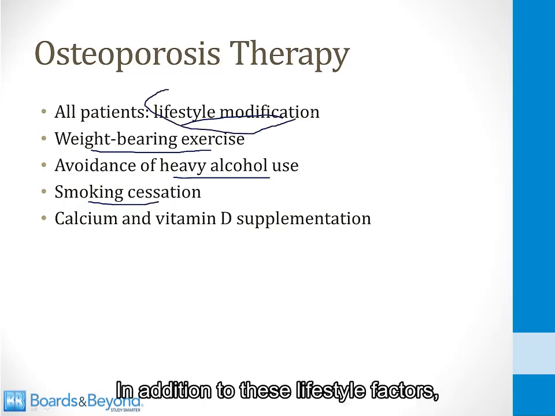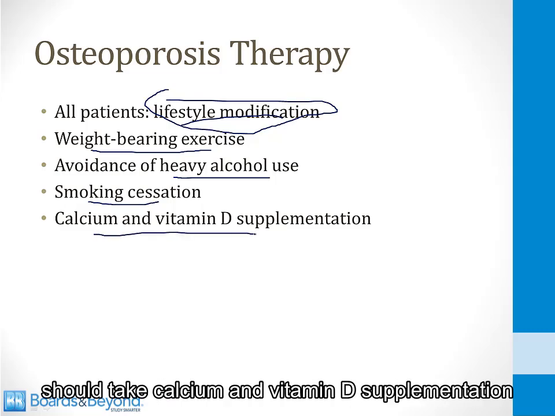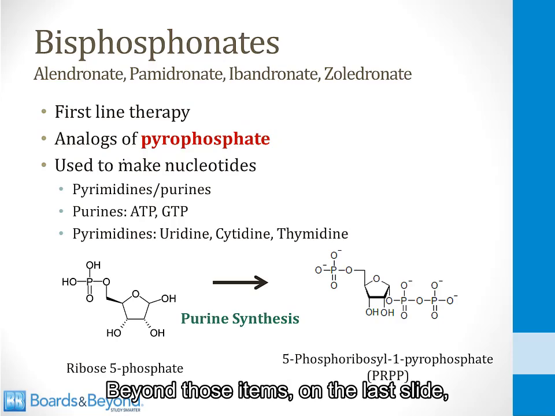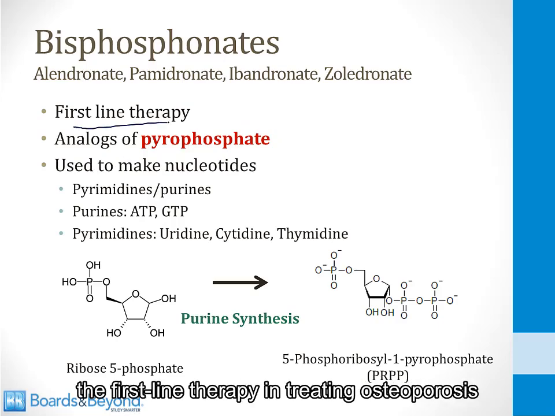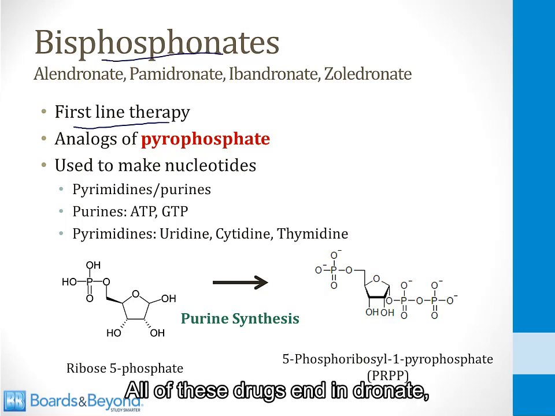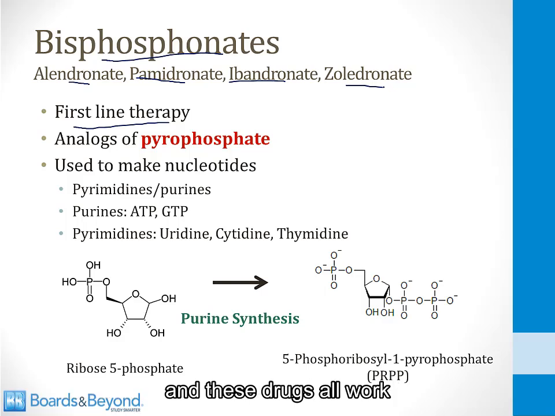In addition to these lifestyle factors, all patients with osteoporosis should take calcium and vitamin D supplementation to make sure they get sufficient levels of these nutrients. Beyond those items on the last slide, the first-line therapy in treating osteoporosis is a class of drugs called the bisphosphonates. All of these drugs end in dronate, like alendronate, pamidronate, ibandronate, zolendronate, and these drugs all work because they